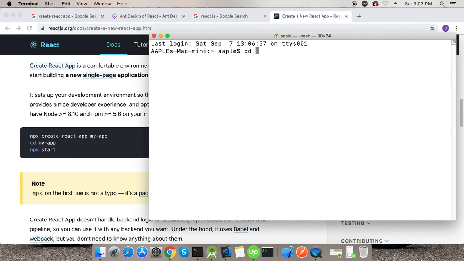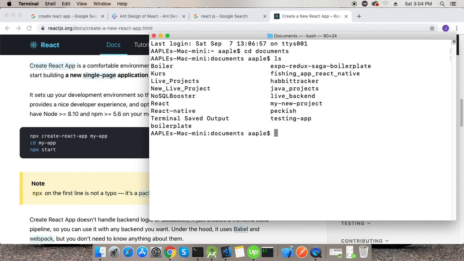Going to cd documents and ls like this. React.js, cd .js, and